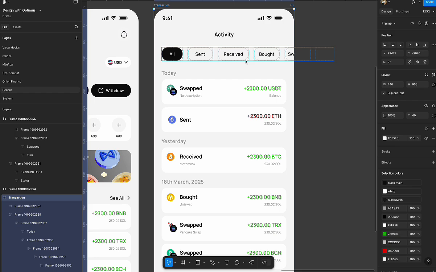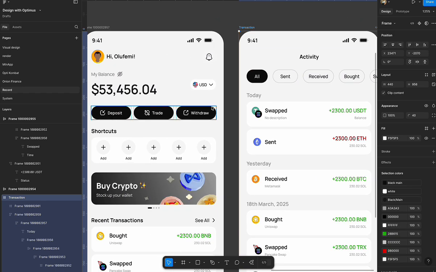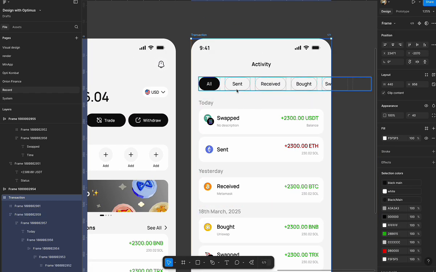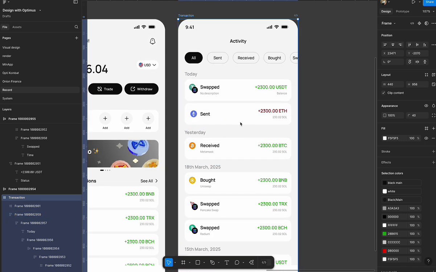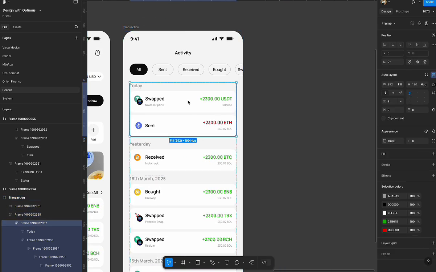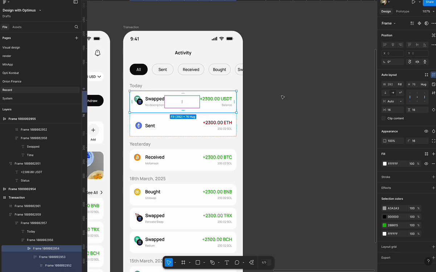So in case the offerings of the product are limited to just deposit, withdraw, and trade, all you can have here can be that. But let's say, for example, you want to have crypto deposit, crypto swap, crypto receive, bill payment, those things. You might want to just list them up here as a way of featuring your transactions. Alright, so there are different ways to do this, so I'm going to bring one of these out so you can see